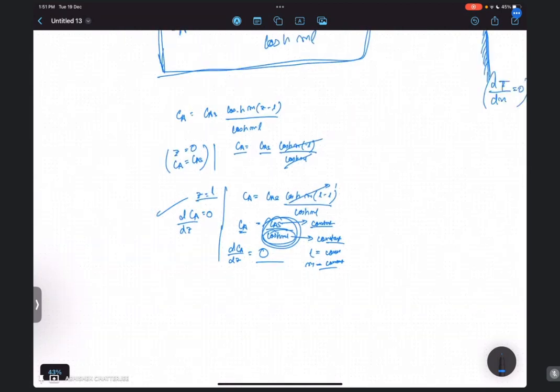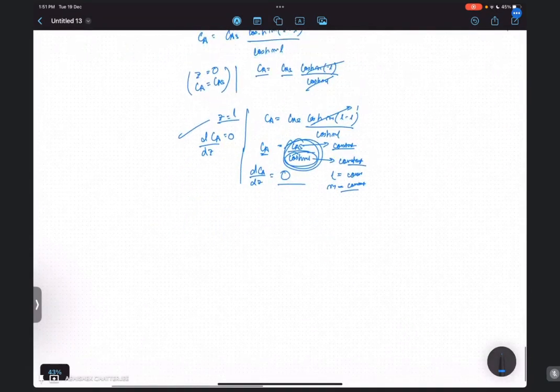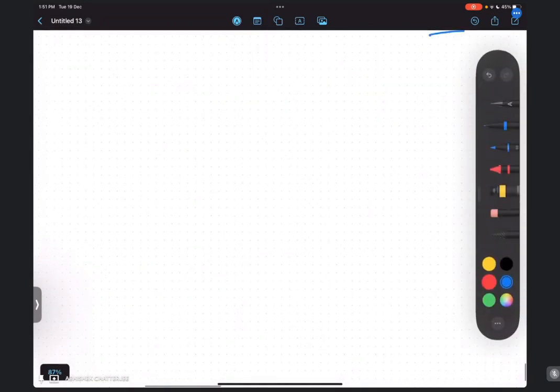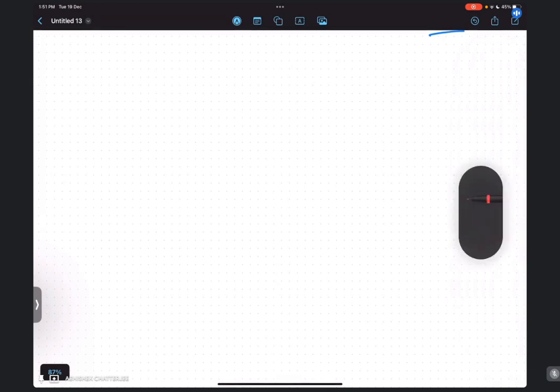So what is the formula that you are getting? The final formula that you are getting, this formula you have to remember, okay? In case of pore diffusion,